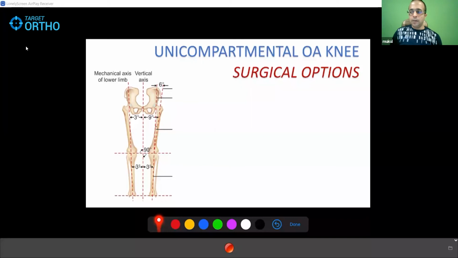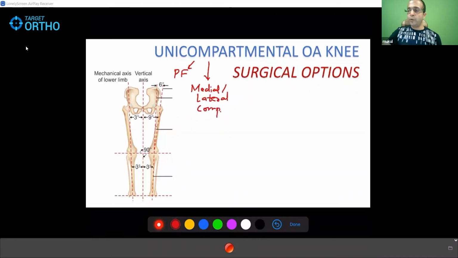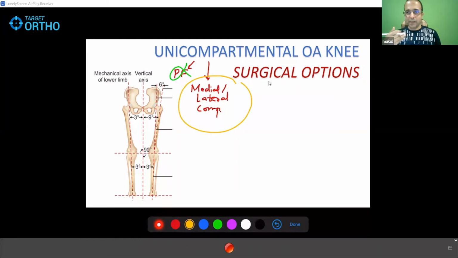So, guys, today's discussion is on unicompartmental osteoarthritis of the knee. What I mean by unicompartmental is that it could either be patellofemoral arthritis, or the medial or lateral compartment of the knee that could be arthritic. I'm not keeping patellofemoral arthritis for this session because it will be too much, although there's something like patellofemoral arthroplasty that also exists. So today's discussion will be managing isolated medial and lateral compartment arthritis: even if a single compartment is involved, medial or lateral, how to handle that case.